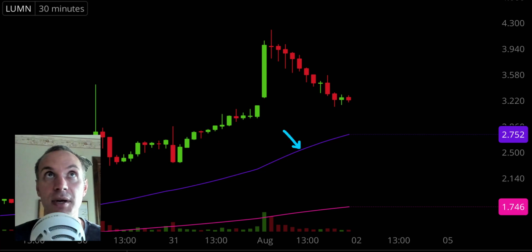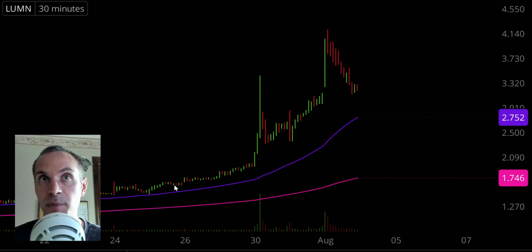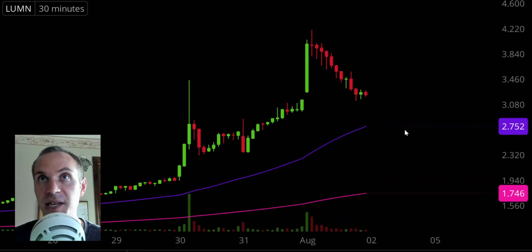And to give a little more context, to zoom out, you can see that overall this thing is still very much in an overall uptrend. In fact, look at how it's really respected that purple line over time. So from that angle, big picture, everything is still perfectly fine. But yes, intraday today, depending on your strategy, depending on where you bought, this chart could